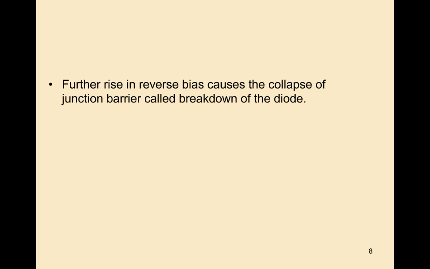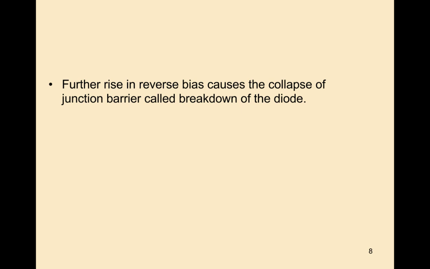So when we increase the bias voltage, that means when we increase the supply voltage gradually, the potential barrier collapses and breakdown occurs in the diode. At a particular voltage, the breakdown occurs in the diode. Due to this breakdown voltage, there is a large increase in the current in the diode. So when the potential barrier collapses, a large current flows in the diode. That may cause breakdown in the diode. So that's why we are not using the diode in reverse bias condition.